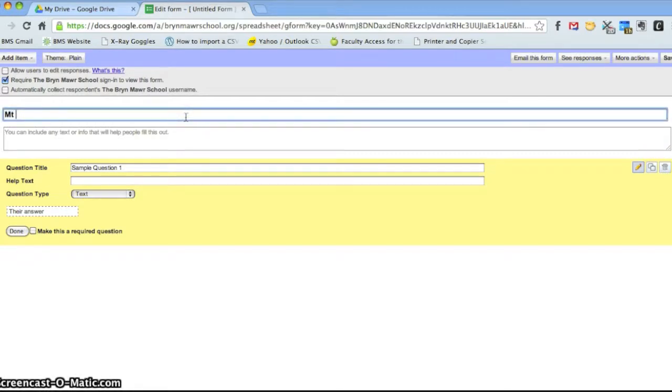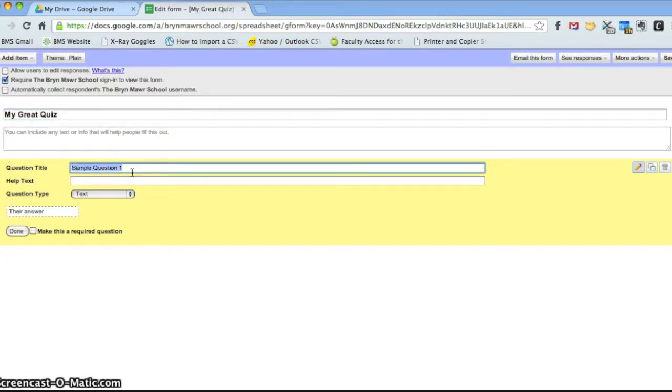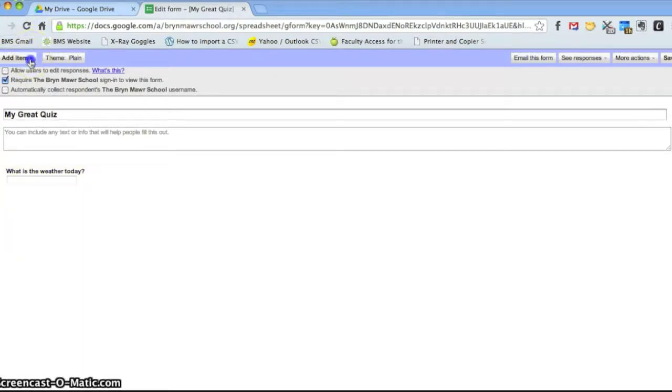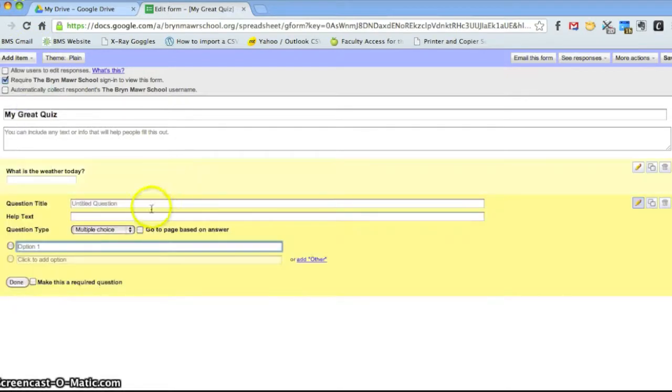So let's say I decide to make a quiz about this. I'll call this My Great Quiz. The first question, ask about the weather, so I want that to be a text question. I can click Done. I could also add a multiple choice question,